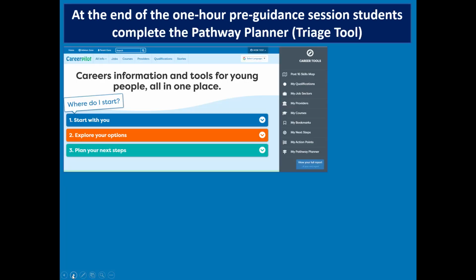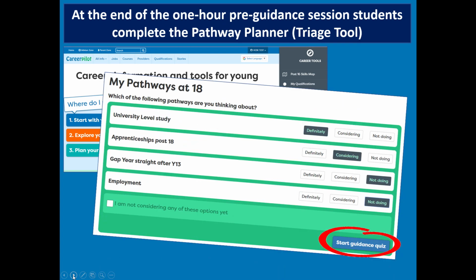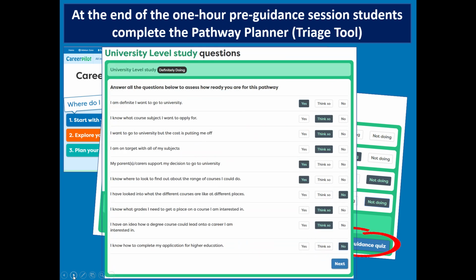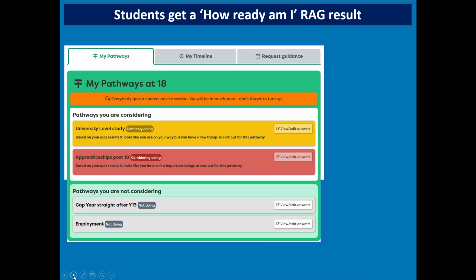Just show you some of this quickly. So if you choose the Pathway Planner, you switch it on, you do this pre-guidance option choice session. Right at the end, you ask them which pathway they're interested in, showing the ones that are available to them next. They do a short quiz about the ones they're definite or considering, and then we find out whether they're ready for that pathway. Have they done everything? Do they know everything? They get a red and a green score,